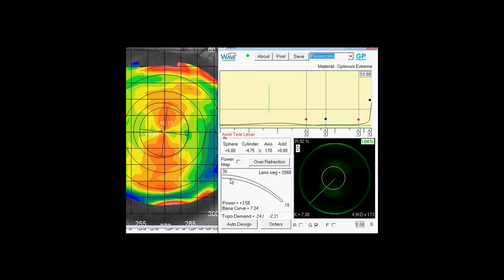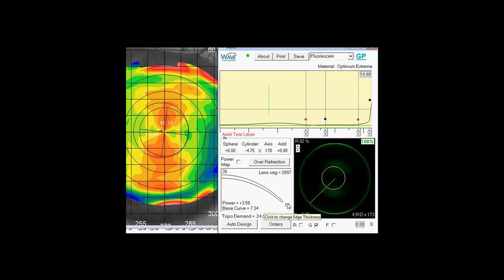and the edge thickness. Since this is a plus power lens, we don't have to worry about the lens being too thin and flexing on us, so 0.3 is okay. If it's a minus lens, you want to make sure you don't end up ordering something that's too thin. It might flex on the eye. The edge thickness, anywhere between 0.14 and 1.6 I think is a good place to go. Since this is a higher central thickness, I'd probably bump this down to a 1.4 to take some of that